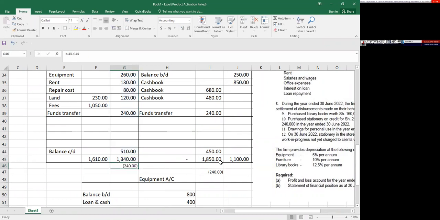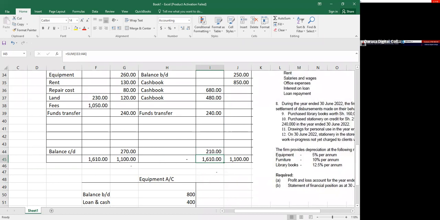As at the end of the day, what should we be having here, my good students? Basically, let me remove this completely and see what we'll have. So basically, we're talking of 270 and 210, respectively. If a student treats it like that, they will still have the same answer.